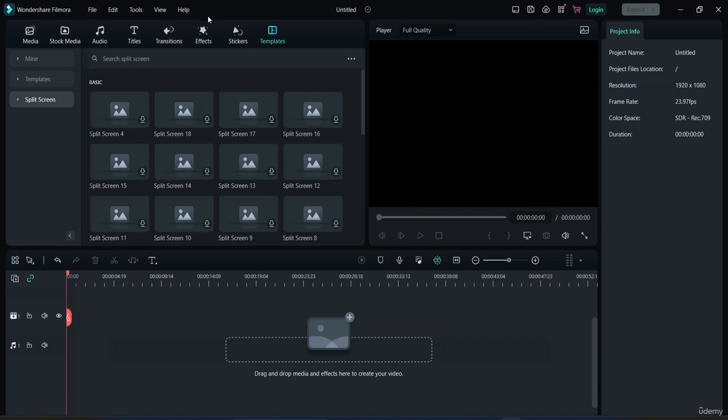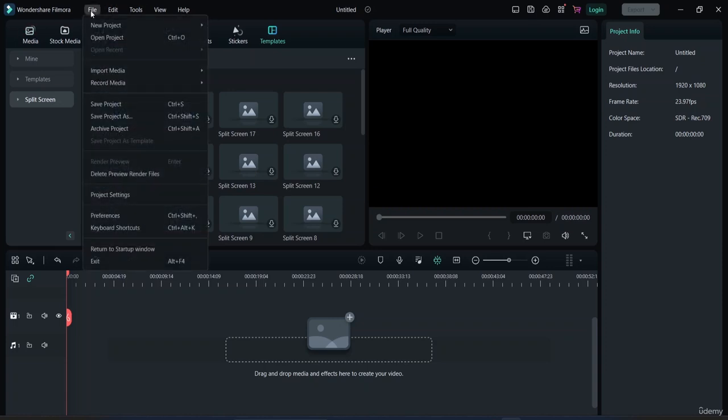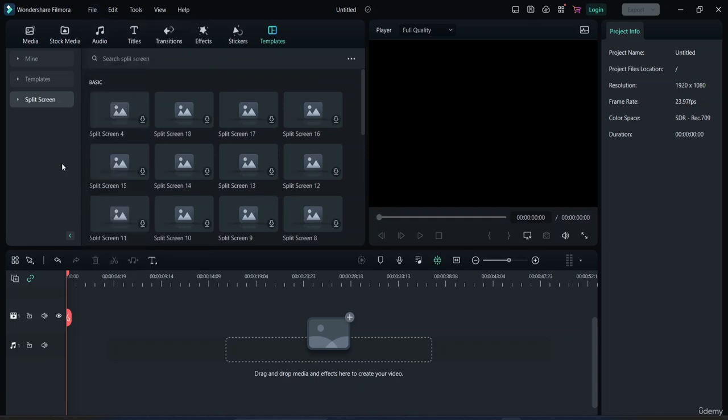And here on top you guys can see I do have the file option. From here you can import, record your media, and you can also delete render files. I'll show you guys how to render those. Okay,